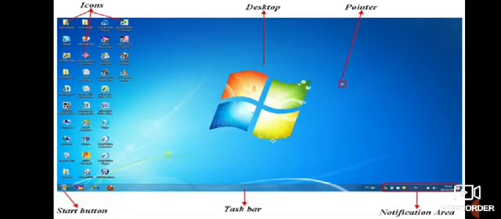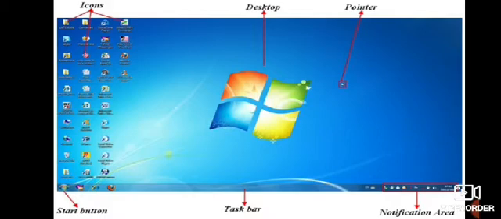Now you can see one picture on the screen. So let's start with the desktop screen. Desktop screen is the final screen that appears after switching on the computer. There are some icons on the desktop, that is the small buttons, or you can say pictures on the desktop, that are called icons. A program can quickly be opened by just double clicking on its icon.